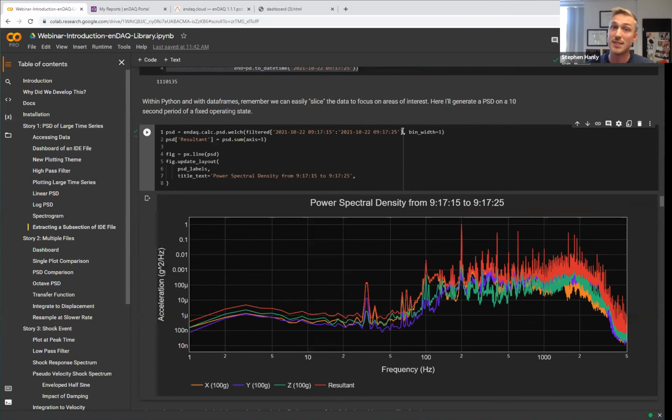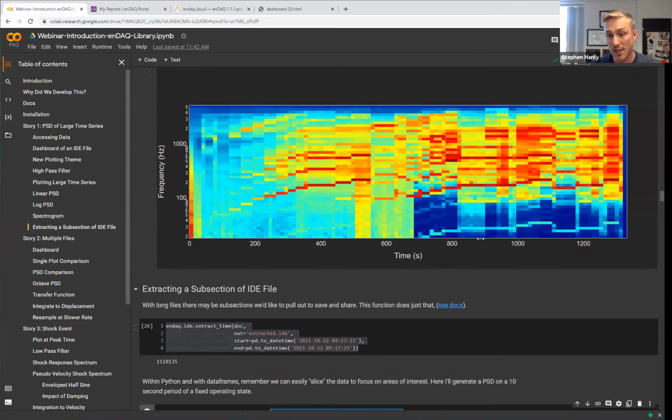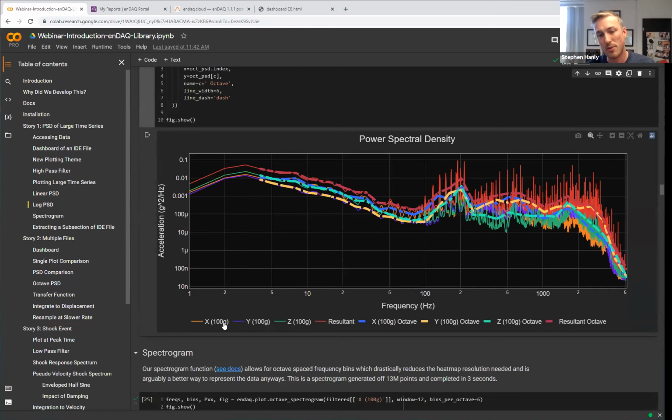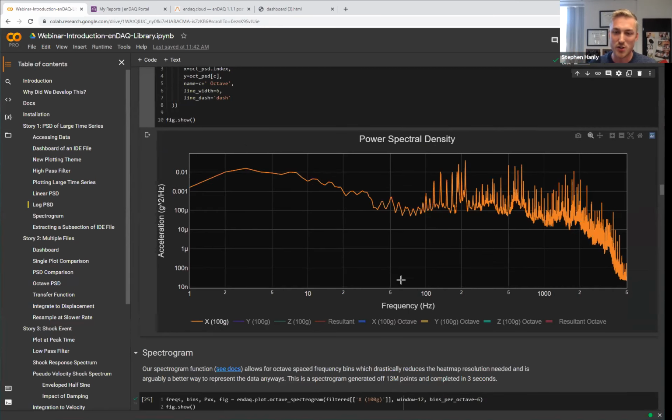So if I want to do a PSD of just that time range, I can index that with my pandas data frame here. And you see here, there's that low frequency component around 31 hertz, which we see here in the spectrogram. But if you come up all the way here to the PSD of the entire file, you don't really see that frequency, and that's because it's really muted out